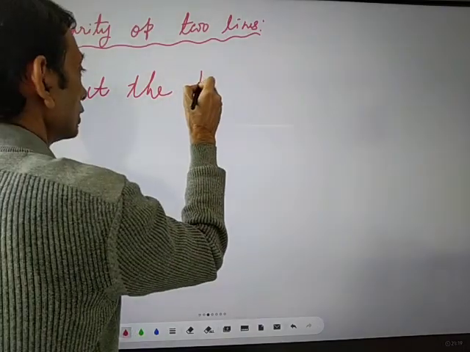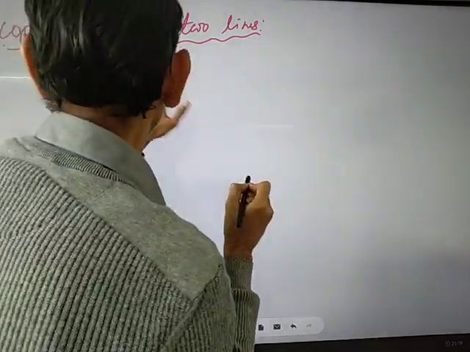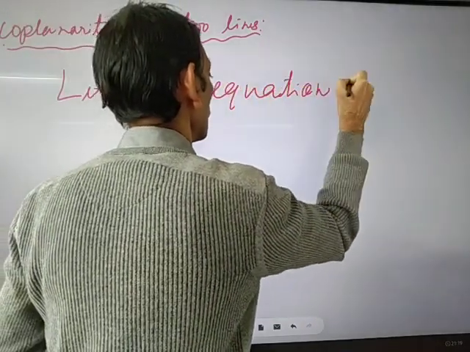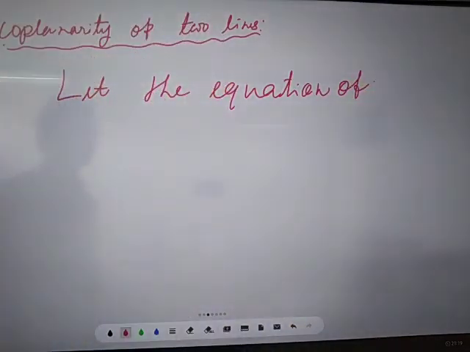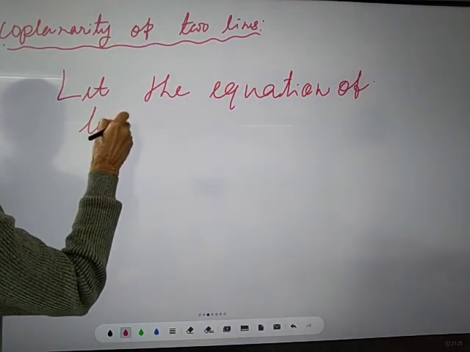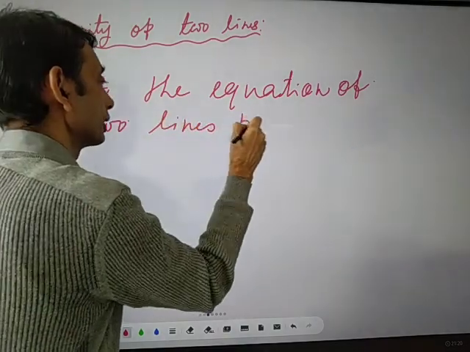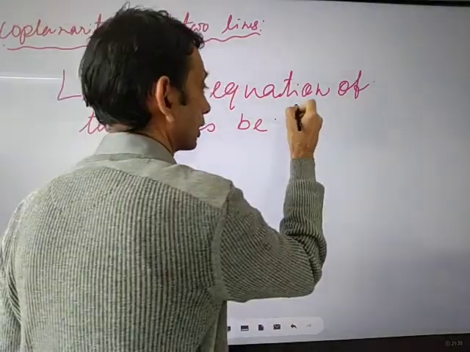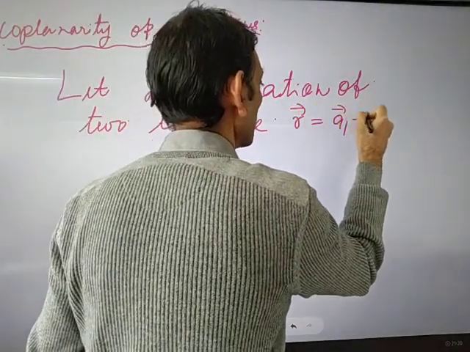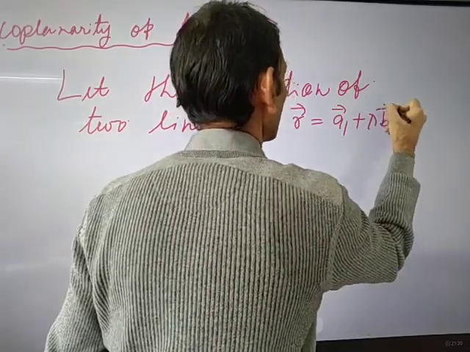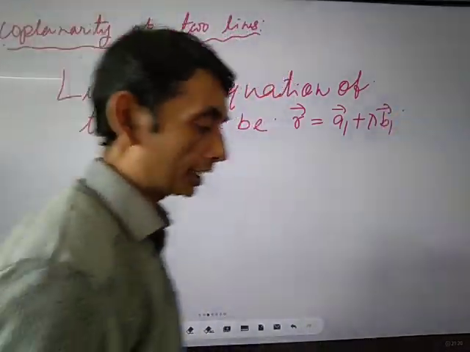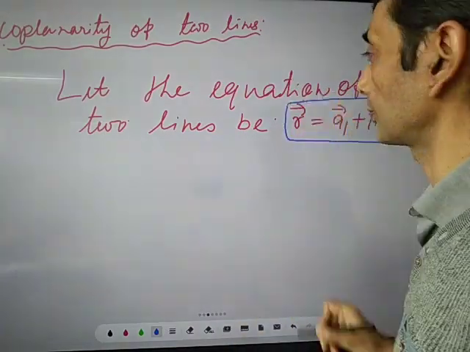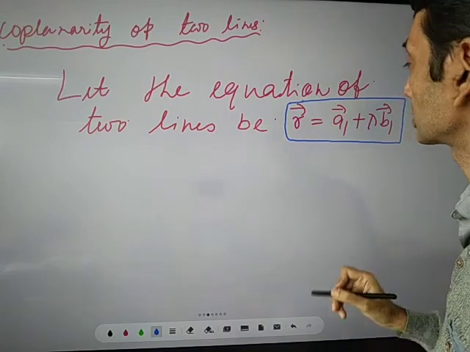Let the equation of two lines be r equal to a1 plus lambda b1. We know that this is the equation of a line, right? We have derived these equations in one of the videos. Let the equation of two lines be this, and